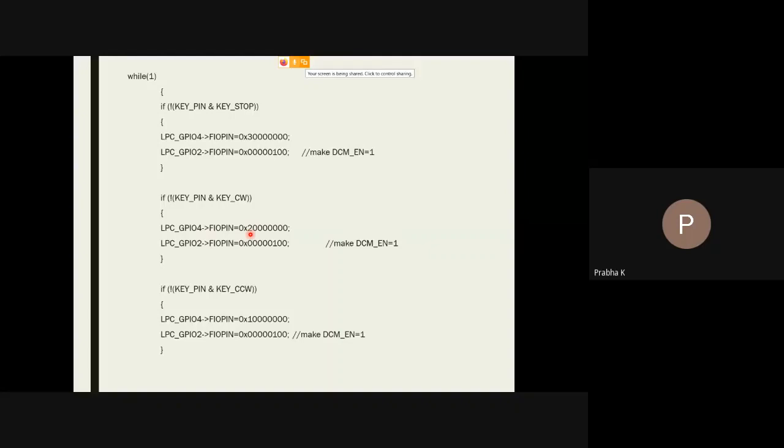If I make pin 29 one and pin 28 zero, that is 10, nothing but 2, your motor starts rotating in clockwise direction, if and only if your driver is enabled. That can be done only if LPC_GPIO2 is enabled with the command FIOPIN with a value 1 sent on pin number 8 of port 2. If this happens, then only the motor starts rotating in clockwise direction.